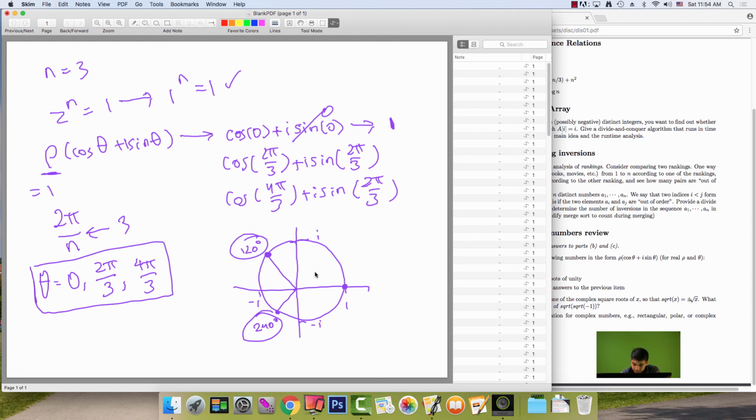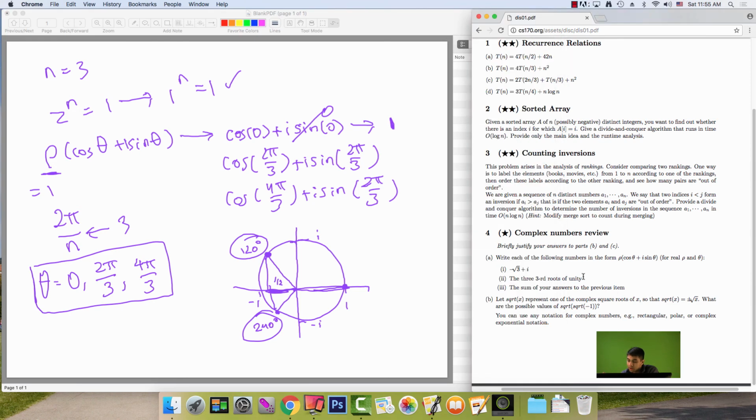And another thing to note is that their x coordinates are each half of 1. They're each equal to 1/2. So this length here is going to be 1/2. And so that segues into part 3,